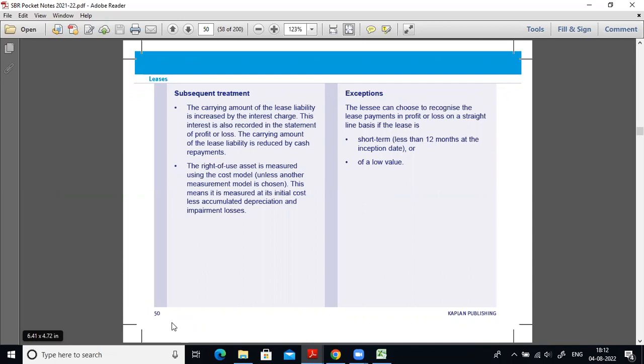In this case, the company needs to show the lease rental as an operating expense. Now, low value as per IFRS 16 means if the cost of that particular leased asset is less than $5,000, we assume it as low value. Why? Because here you can apply the concept of cost and benefit. It makes no sense to apply all these things if the cost of the asset which we acquired is less than $5,000.